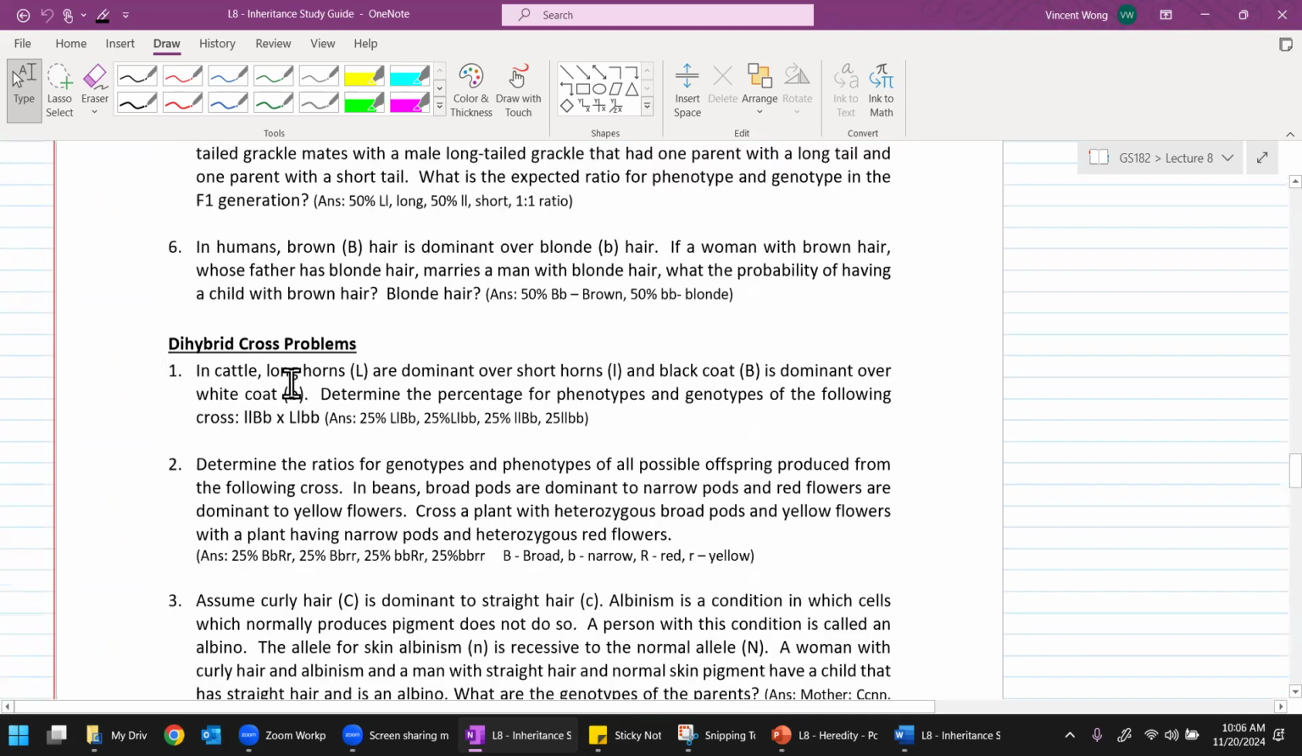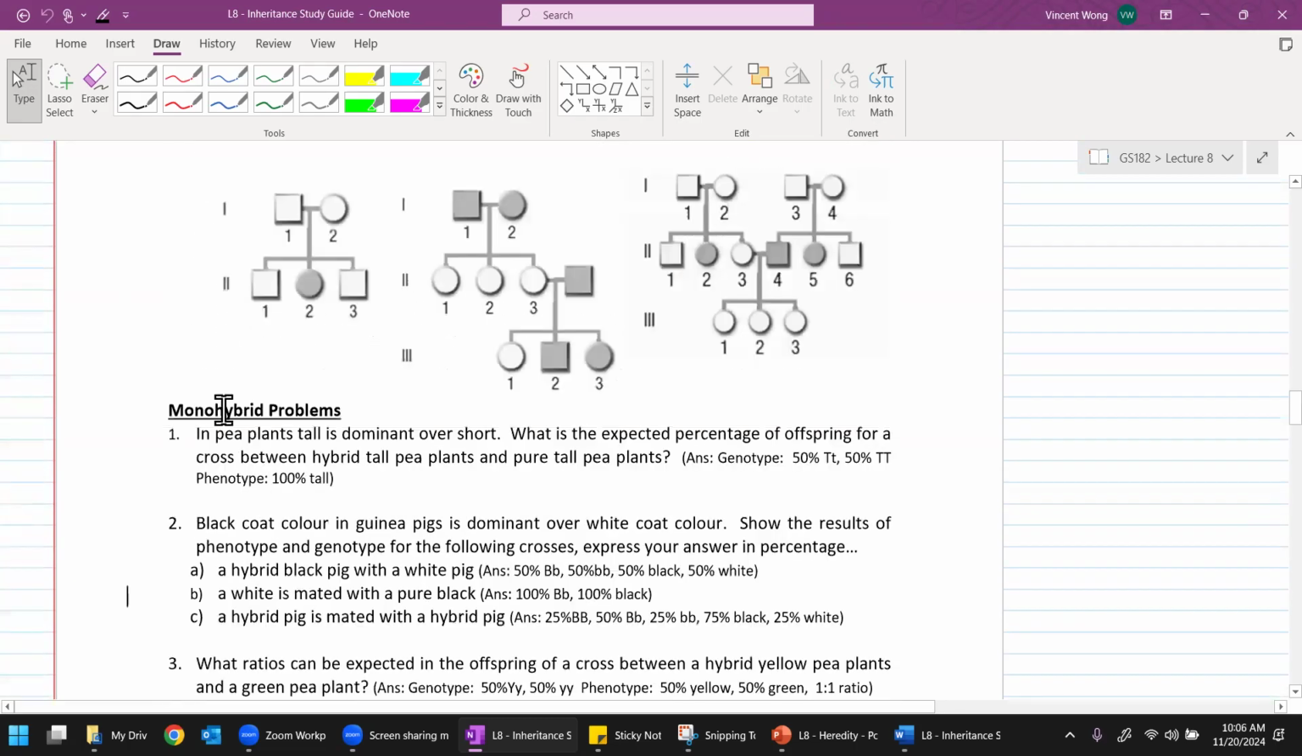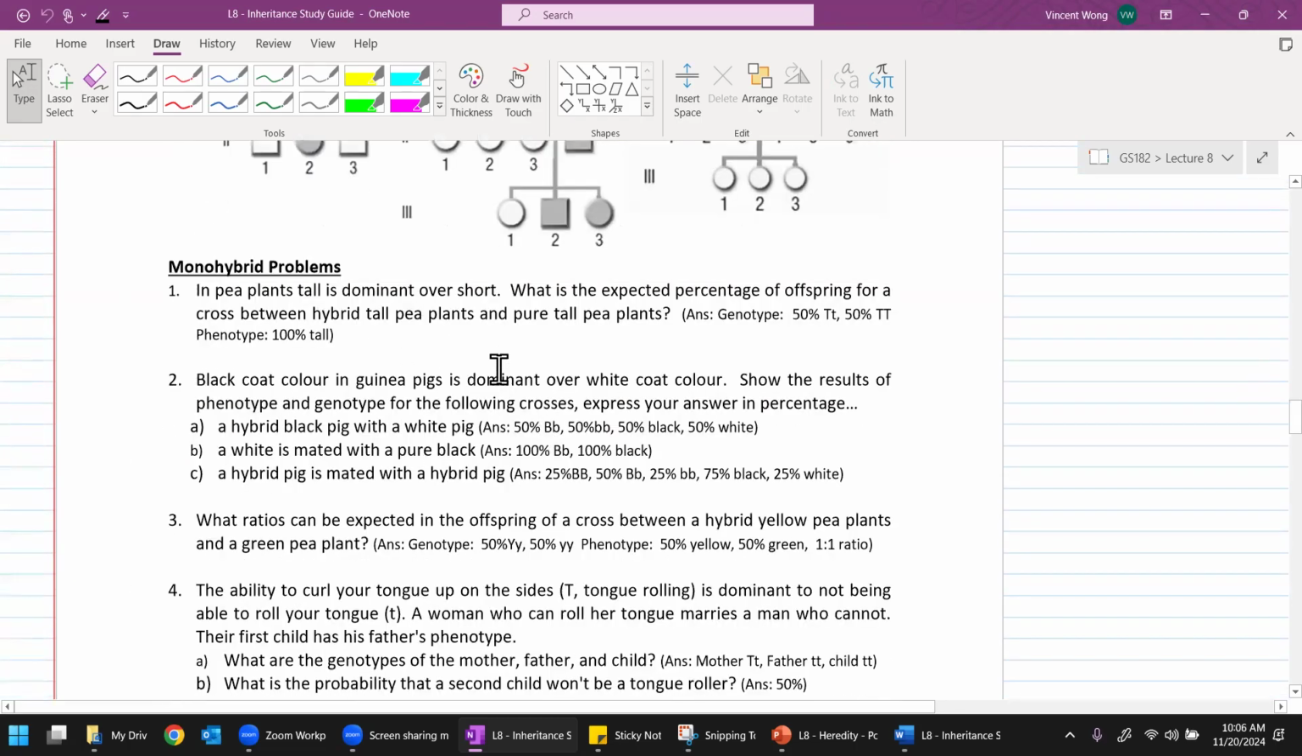On Monday, we will start tracking dihybrid cross, two traits. All right, and that's significantly harder than monohybrid. Okay, the answers are at the end here. All right, you can also look at the